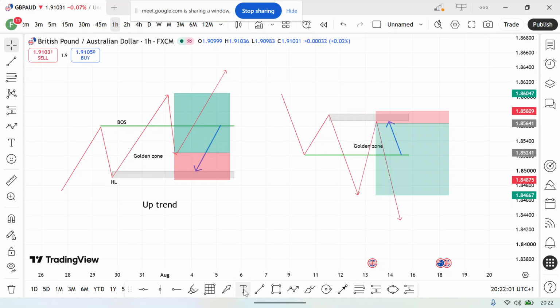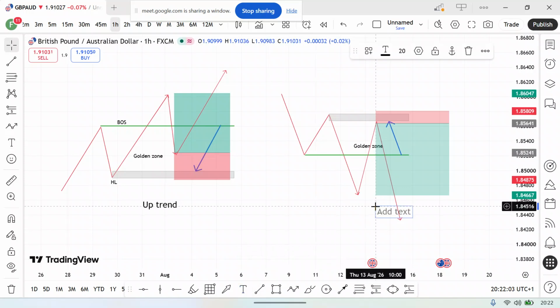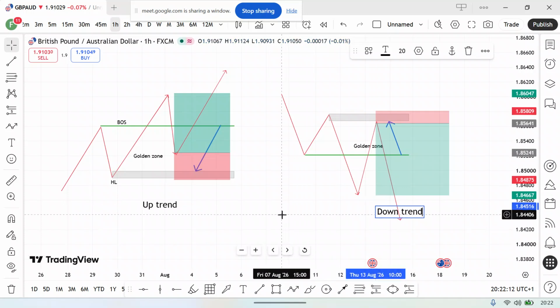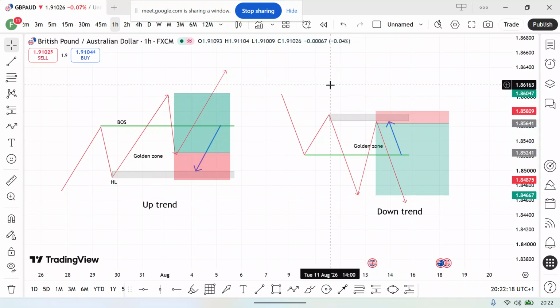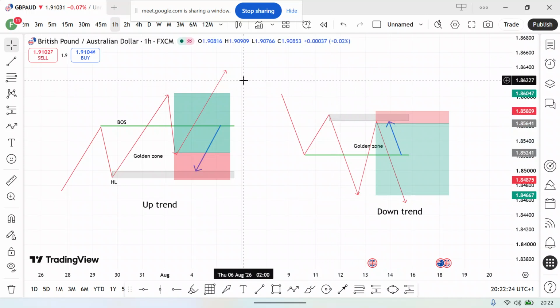And also name this downtrend. Yeah, so you can take a screenshot of this because this is exactly what we'll be doing all along. If that's done, then